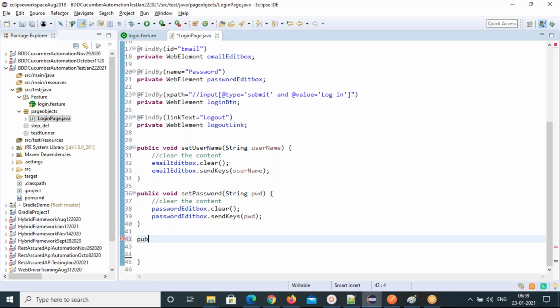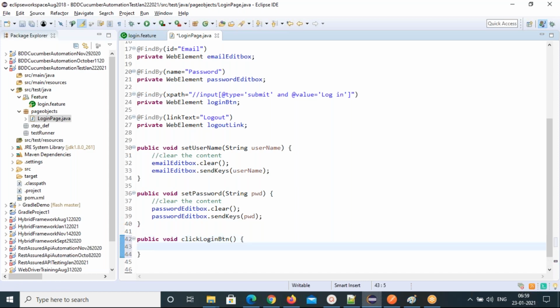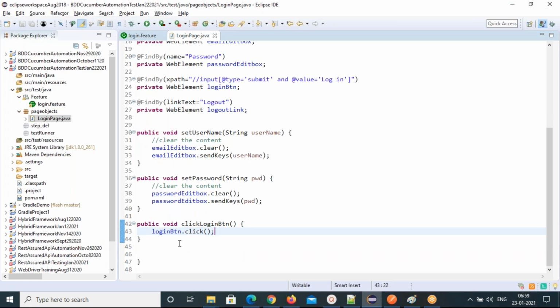So one method, public void clickLoginButton. You can just do loginButton dot click. So very simple thing we are doing here. Effectively, you can take a logger, and then you can use it in all the statements.